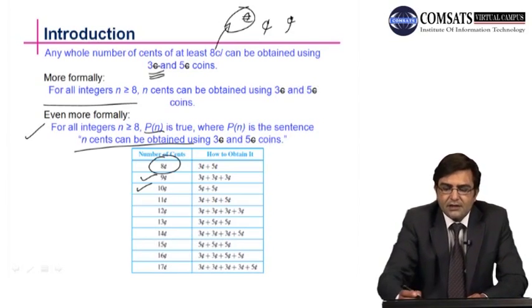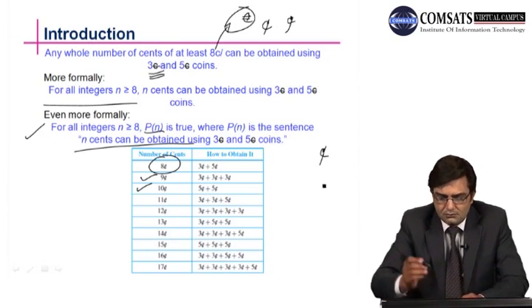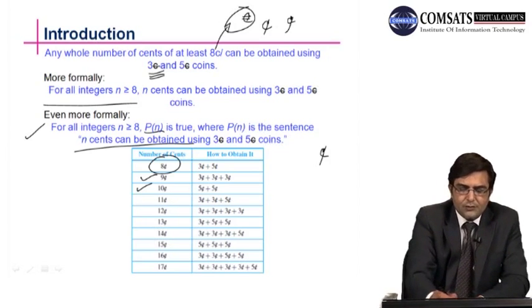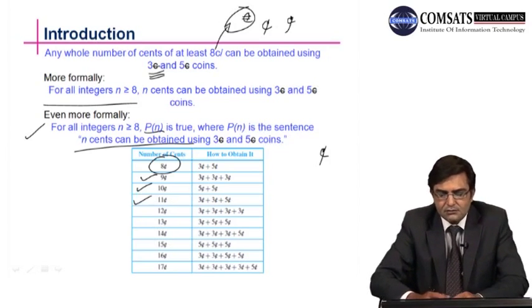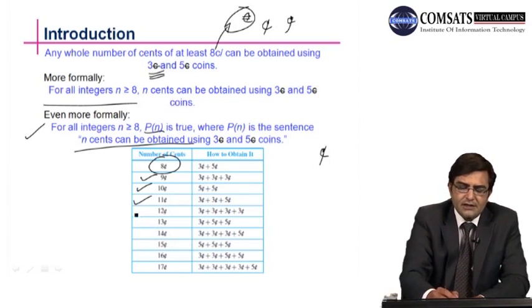In the book of Susanna, the author has used the symbol C with a cross through it for denoting cents. If we want to obtain 11 cents, we can obtain it by 3 cents plus 3 cents plus 5 cents. Similarly, we can obtain this number and this number